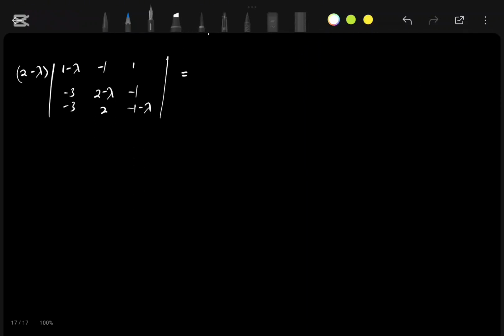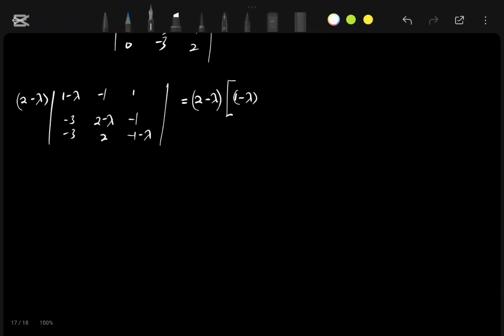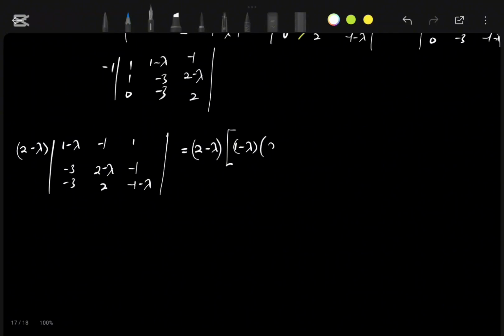So this term gives us 2 minus lambda, all in bracket. Then we have a big bracket. We have 1 minus lambda, all in bracket, bracket 2 minus lambda, multiplying minus 1 minus lambda,